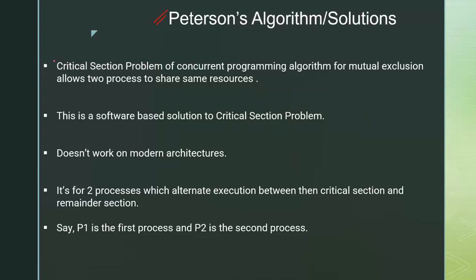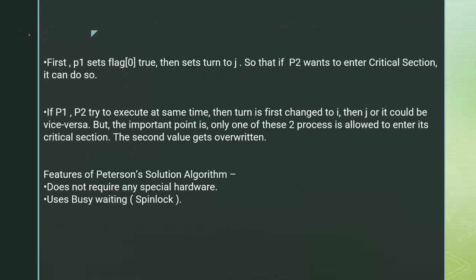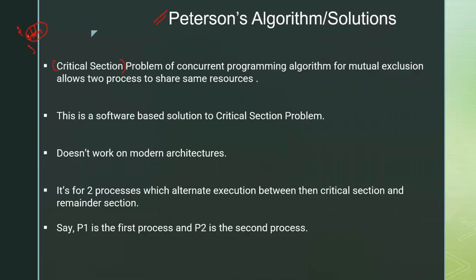Now, we have a concept called critical section, which we have discussed in the previous session also. What is a critical section? Critical section simply means, if a process wants to execute some set of statements, then while it is executing these statements, other processes cannot use that resource or be in that particular state of critical section. That is called a critical section.